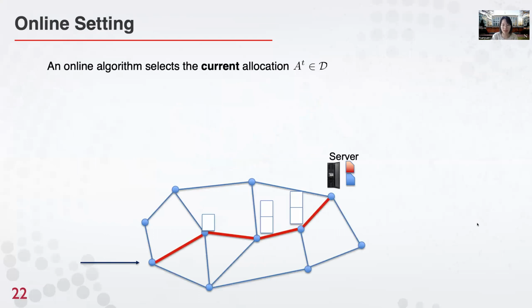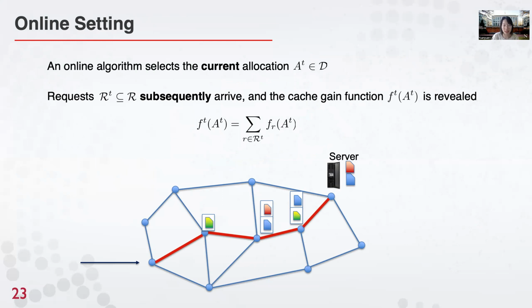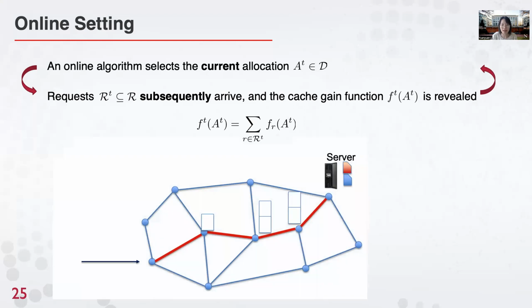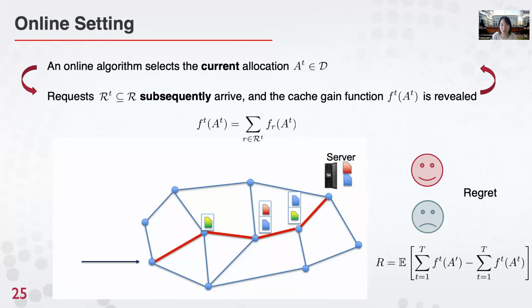In the online setting we study, requests are not known in advance. In particular, at the beginning of round t, an online algorithm selects the current allocation A_t. Then requests R_t subsequently arrive, and the caching gain F(A_t) is revealed. This is repeated over a total of T rounds. As in standard online learning literature, we use regret to measure how good the algorithm is. Regret is the difference between the total caching gain by the online algorithm and that of the best fixed decision